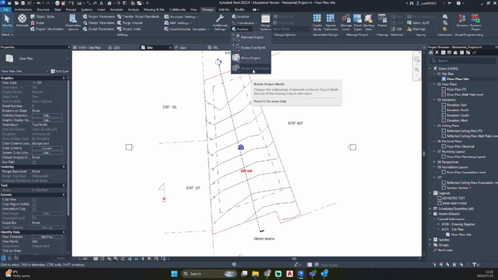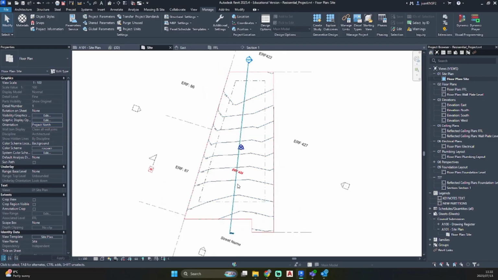As you can see, my project north has been grayed out. That's because my orientation on the site plan has been set to true north. So just click on a white space to close up that drop down menu. Then we'll go to orientation, set project north, and you'll see it'll auto adjust.